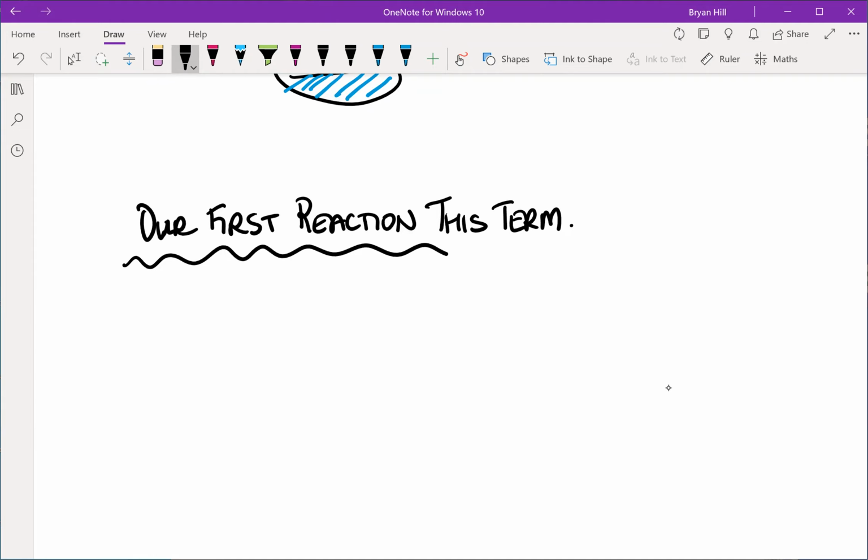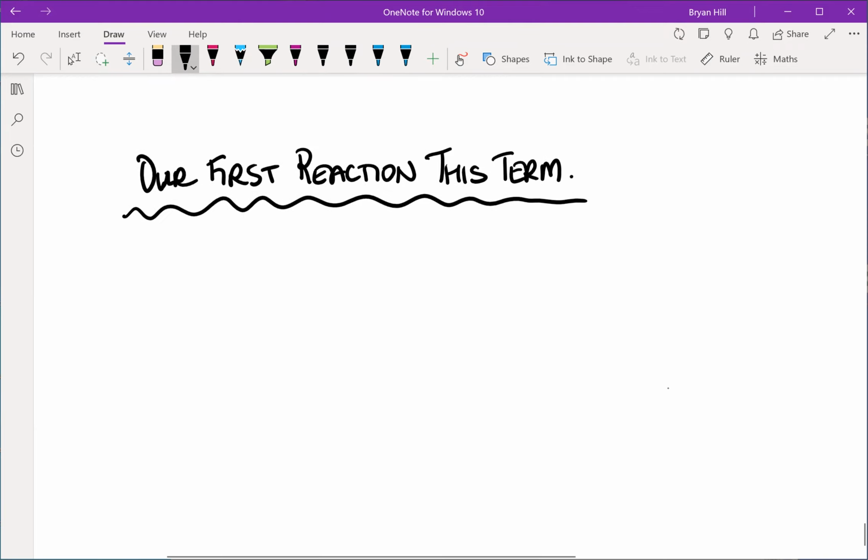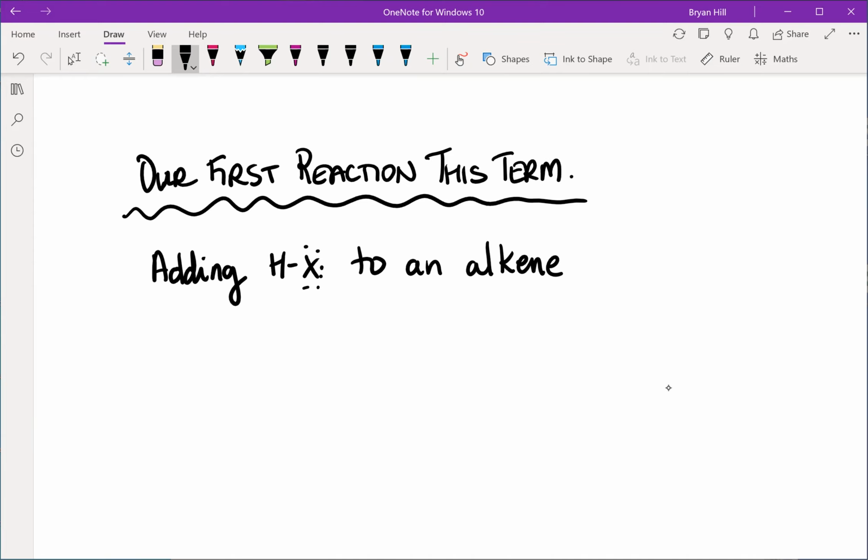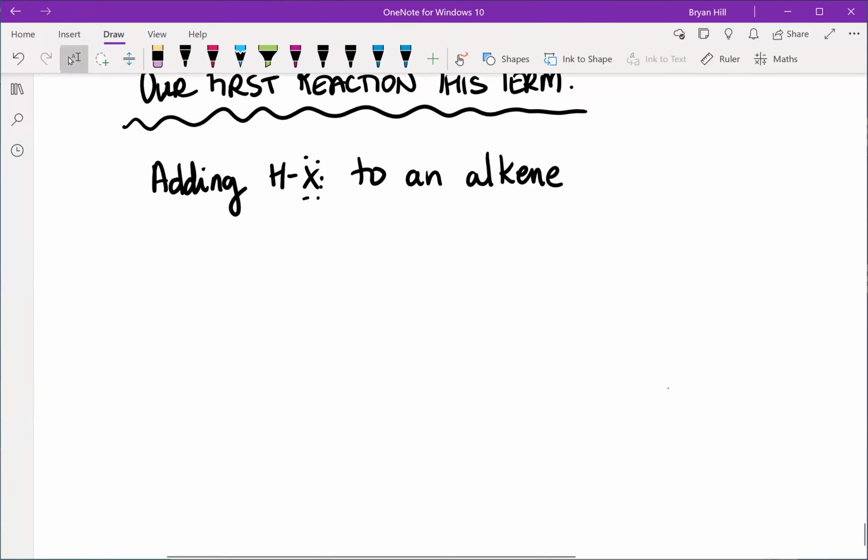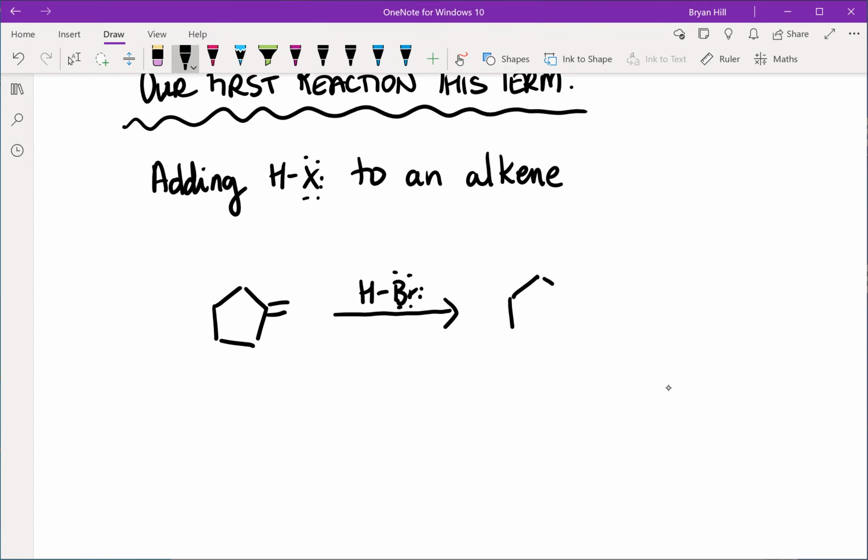If you think back to our very first reaction this term, we were adding HX to an alkene. So if we had something like this, so HBr, this was the Markovnikov addition